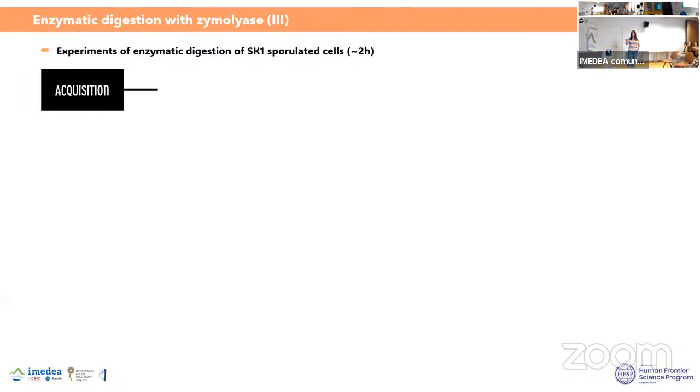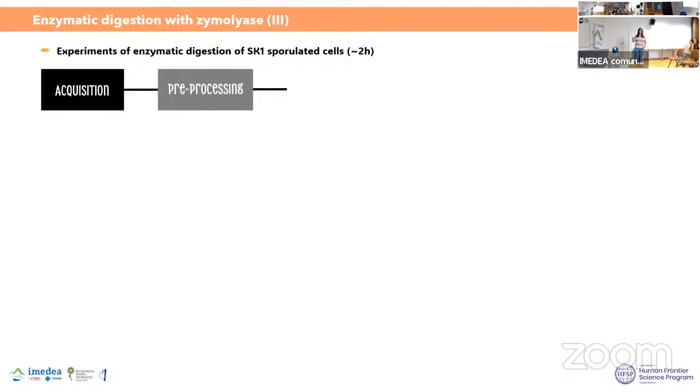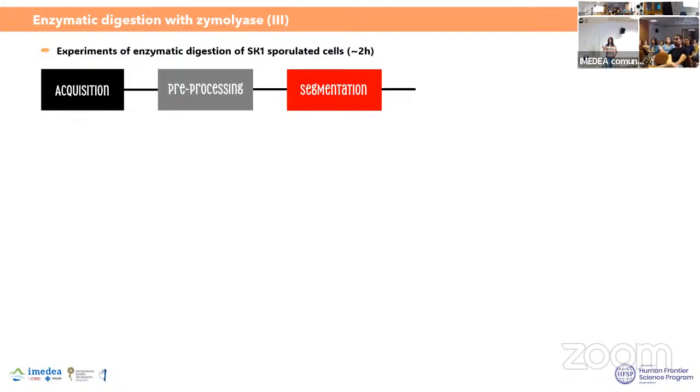Okay, that starts, as I told you, with the acquisition of images, then the pre-processing of these images, where we have to apply some filters, some masks, just to be able to work with them. Then we did the segmentation, which is in red, because I think it's the part that normally is very important to do quite well, because we need to get refined contours, because then we want to calculate the difference